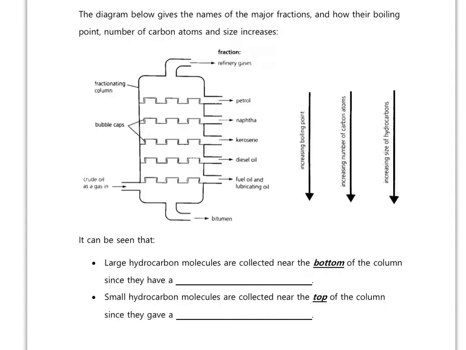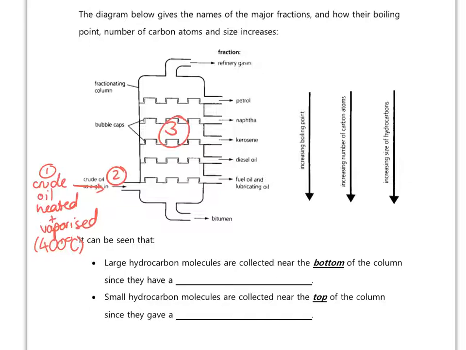So over on page 8, again, I don't want to talk about this in much detail because you looked at this in the other videos, but just looking at what is missing in your notes. So again, you've got that step number 1 where the crude oil is heated and vaporised. Okay, and that's at roughly 400 degrees C. Okay, and then it passes into the fractionating column, crude oil in as a gas. That's number 2. It's passing into the fractionating column as a gas, and then this essentially here is step number 3.